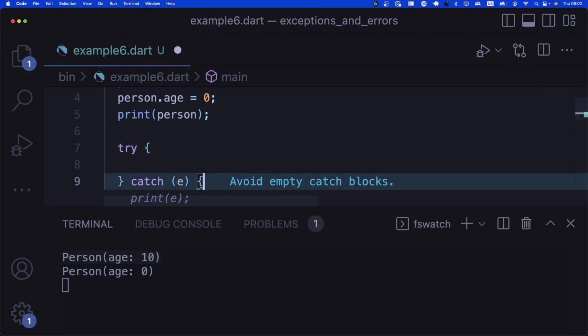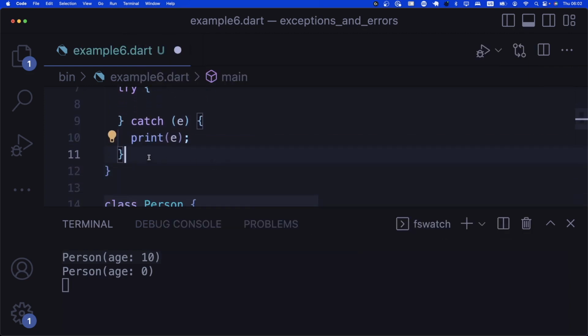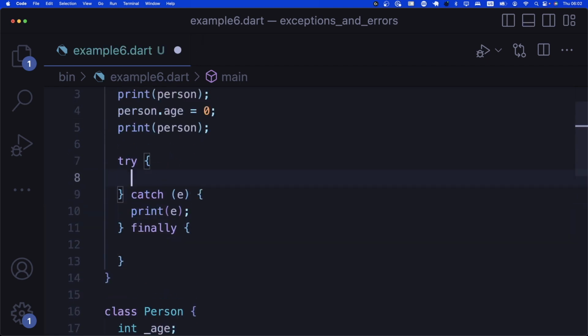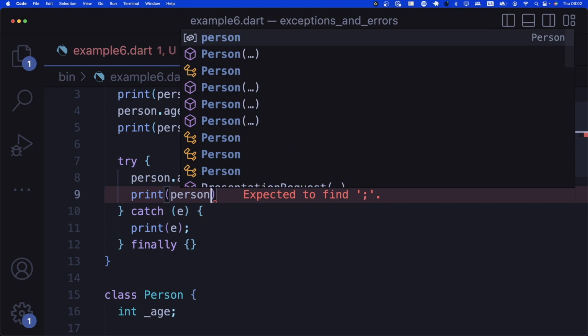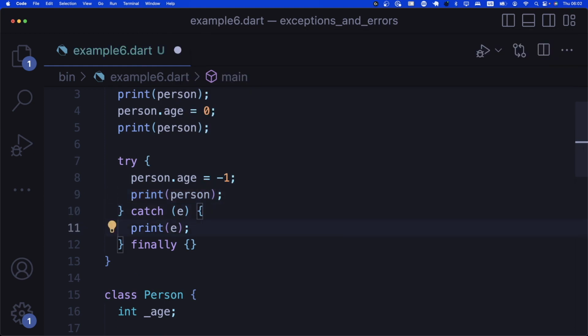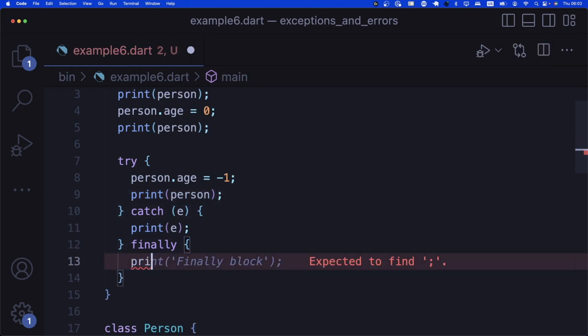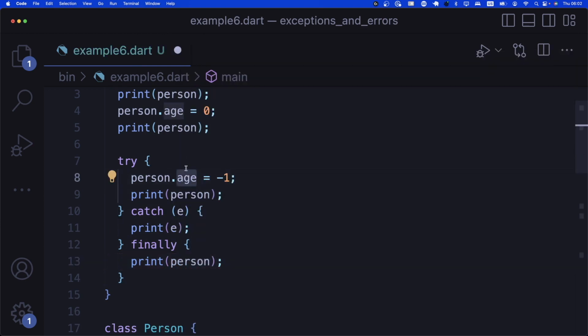All right, like this. And then we will say finally. Let me get rid of the terminal so we can see the code in its entirety as well. Then let's say person age is -1, like this. And then we will try to print this person. All right. In the case of an exception, we just print the exception. And in the finally, we're just going to say print person again to see if our changes were affecting this